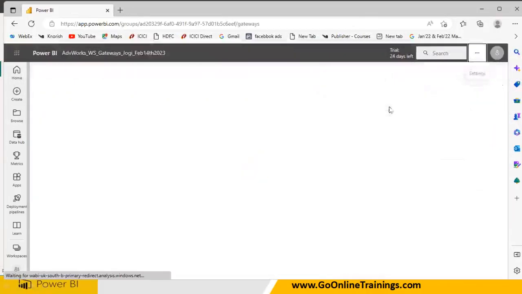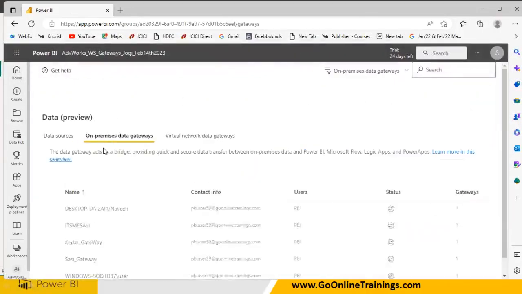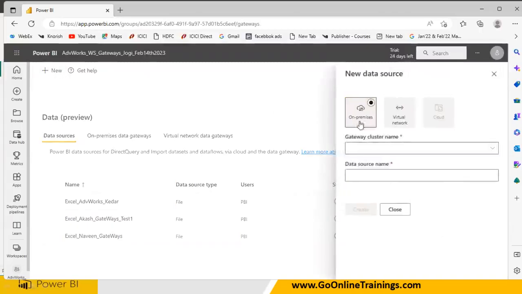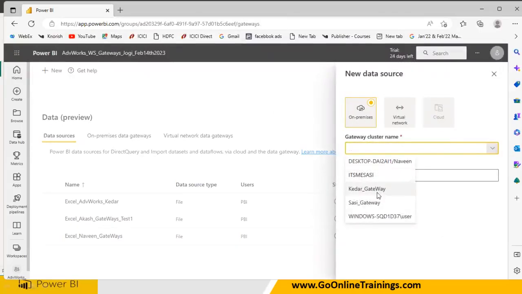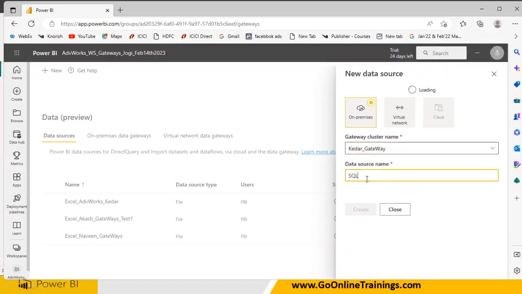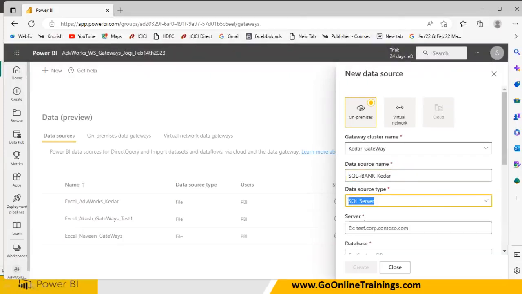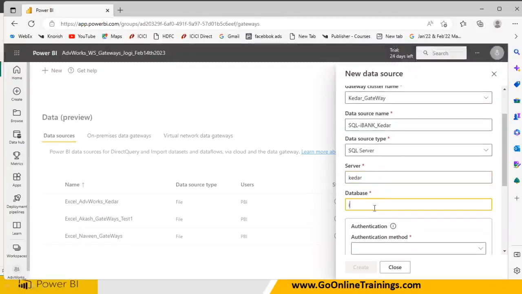Click on this settings. Now you have installed the data gateway. Now you need to configure one, right? So what is the one I have to configure? Click new. It is the Kedar gateway. I have to use it. And I can say SQL iBank, right? And in the Kedar machine, my machine, source type SQL Server, server name Kedar, database name capital B iBank,